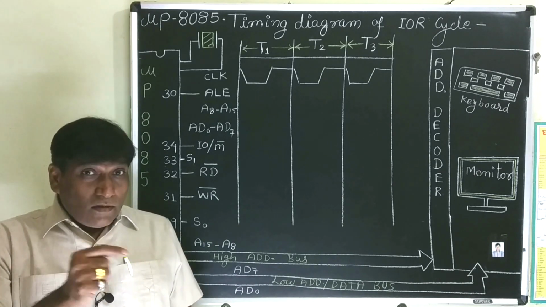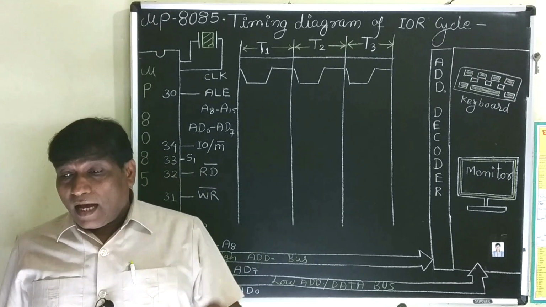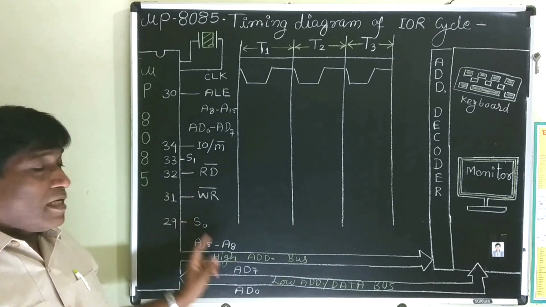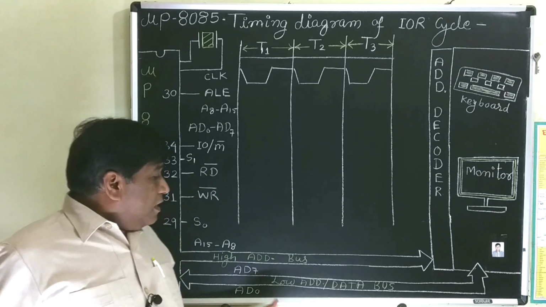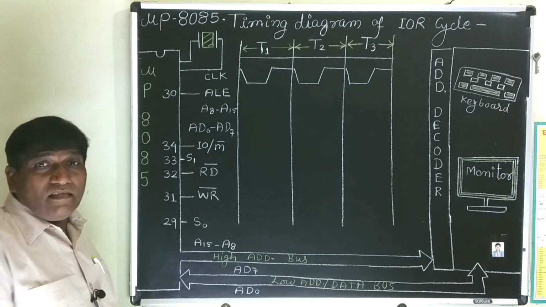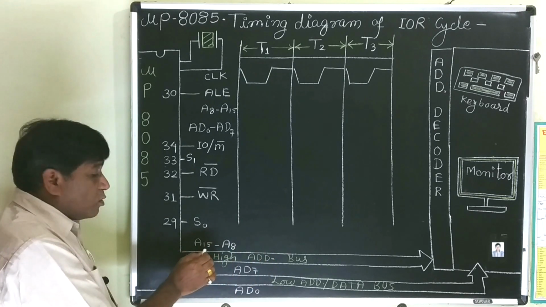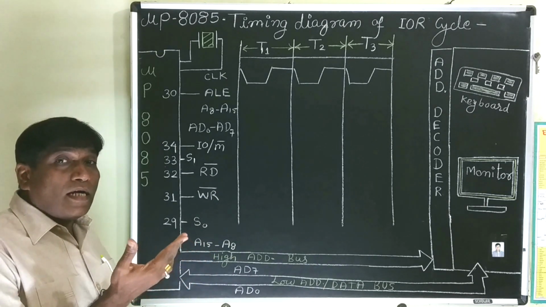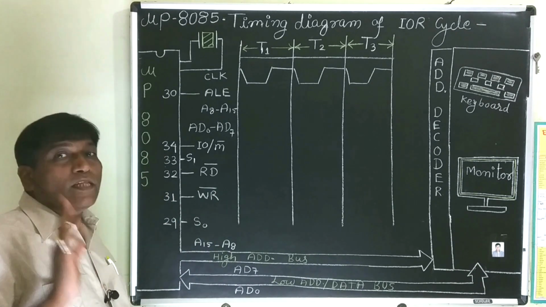Now, how are these input and output devices connected? Whether it is a memory or input or output, everything is connected through the address and data bus. In the 8085 microprocessor, as we have seen, we have 16 address lines: higher order address buses ranging from A8 to A15, as well as the lower order address and data bus. These buses are timely shared, as we have already spoken many times.